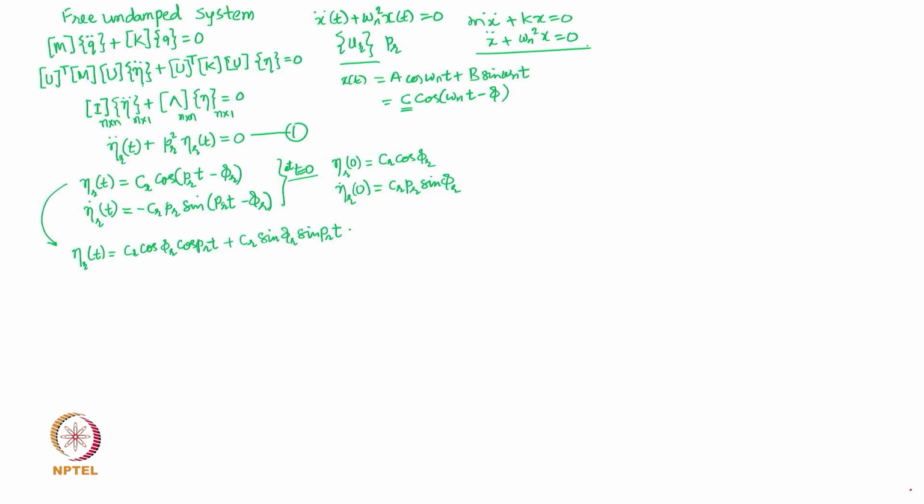Yeah, and can we do we know the initial conditions like eta r naught and eta r naught dot? Do we know these as initial conditions? We don't. Why? Because these are principal coordinates. Okay, the initial conditions, like you pull the mass up and then release it, you are actually giving physical displacement